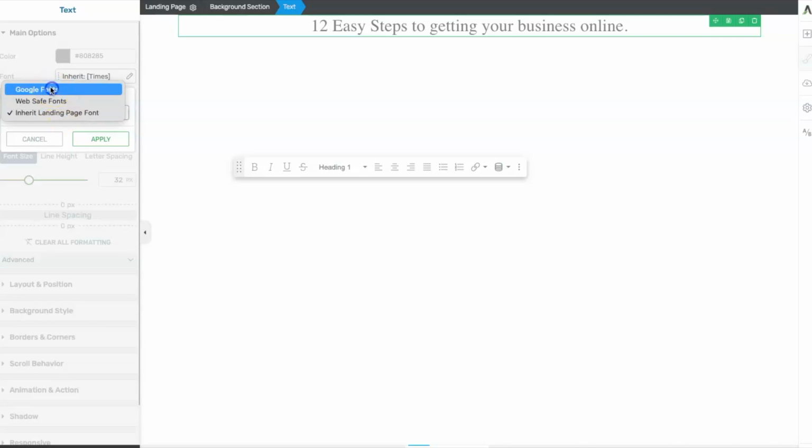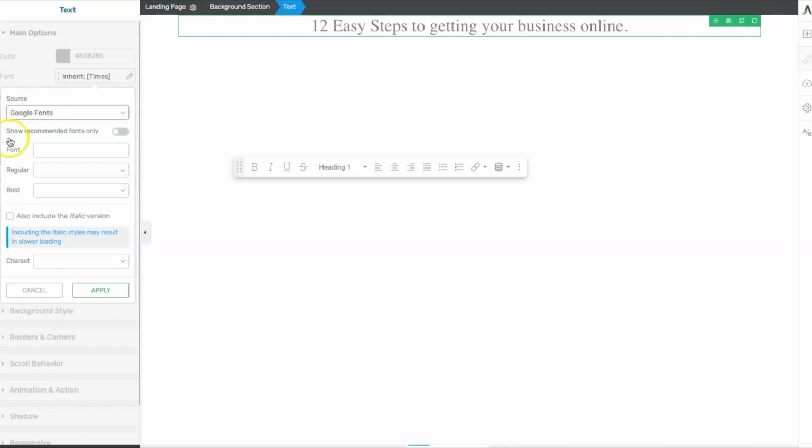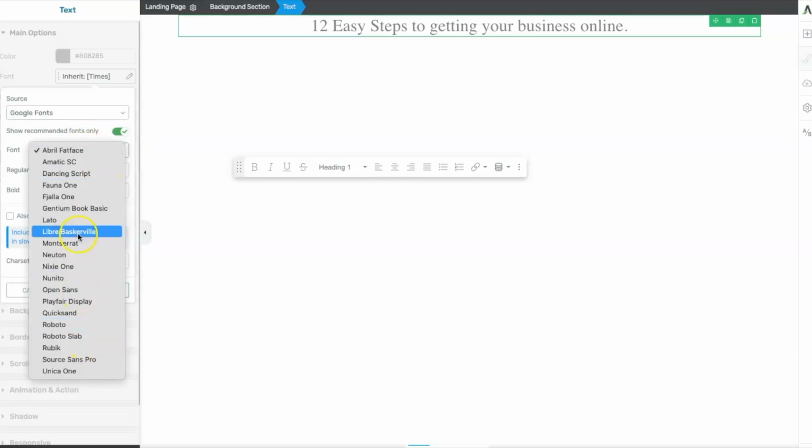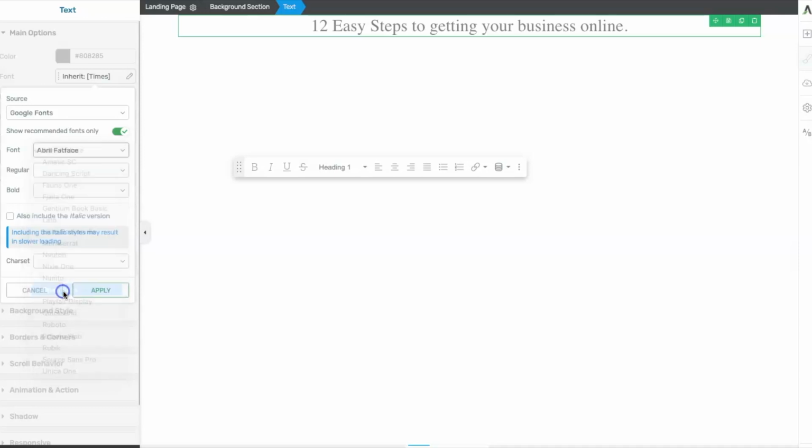But I'm going to go into Google Fonts, and we're going to just show the ones that Thrive Architect recommends. That way it'll be a smaller list that we have to go through here. Now I particularly like Open Sans, so I'm going to just click on Open Sans,